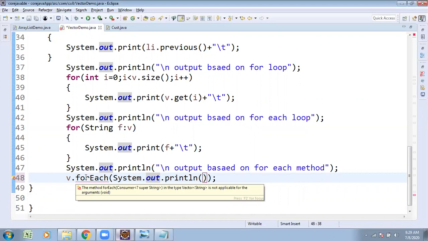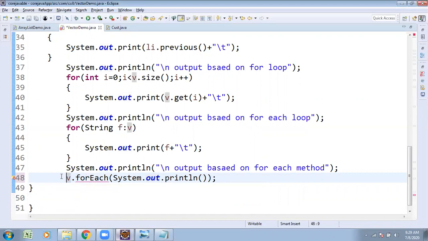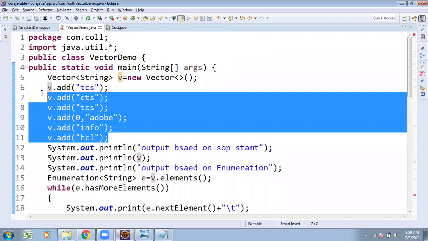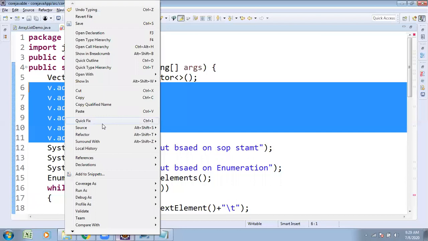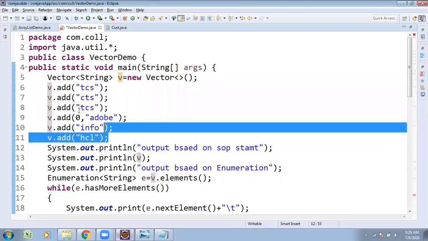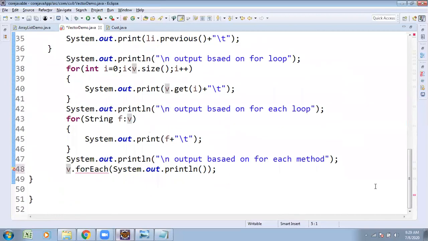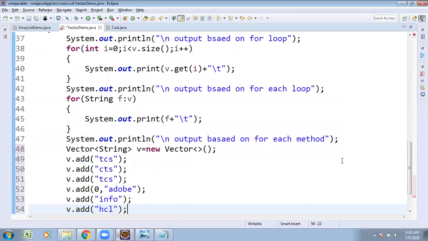Okay, the issue is with this one as a string type I take. One more technique, one more vector I will create and show you with the help of the for each method. With the for each method, here is a problem with string type of data. String is one type of class, but instead of that, I will take the integer type of data. So here we take the same logic, integer.